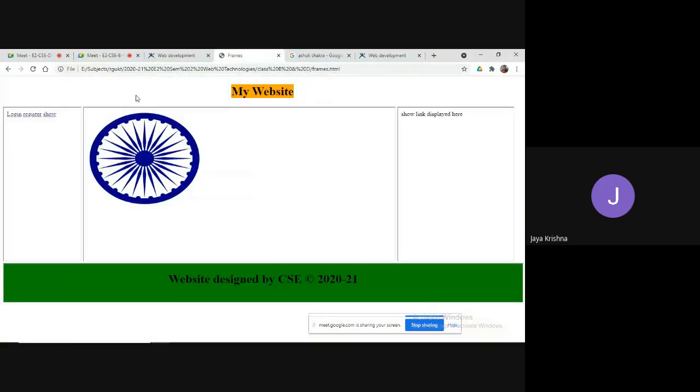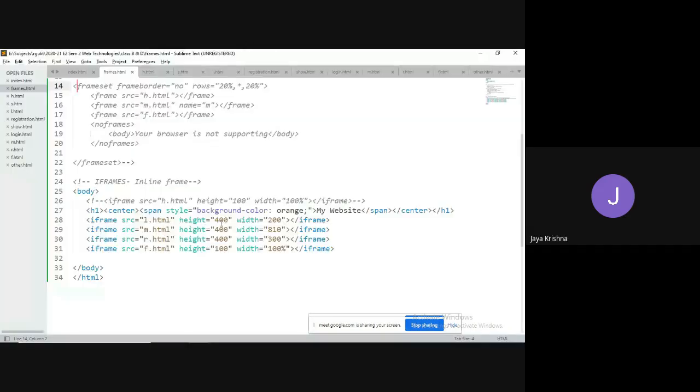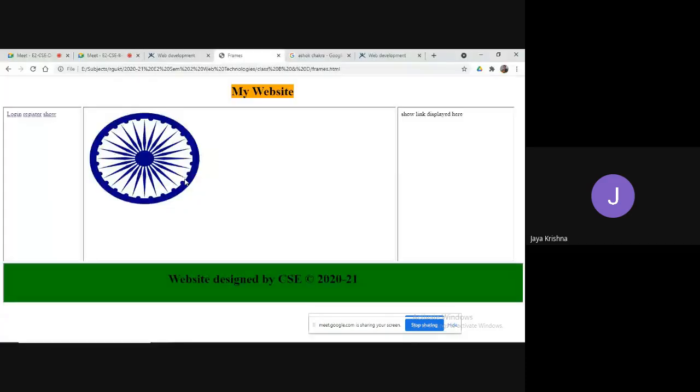For example, you will get the question: whenever I click login, that should be loaded in this particular frame. So I will give it some name. Here I'm going to give name equal to R. I have already made the corresponding files: L.html, login.html, M and R. Now it will work finally.